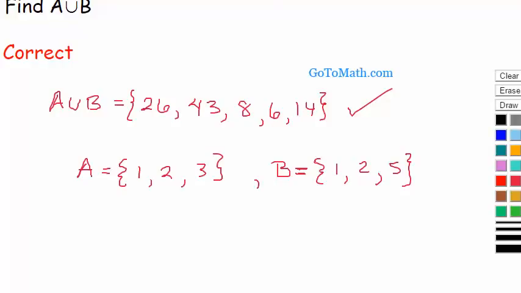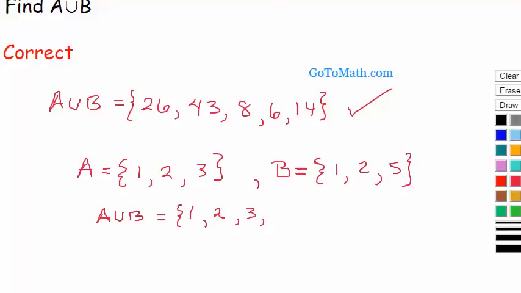Now what we don't write is, whoops, what happened here? What's going on? I don't know what happened. A union B is equal to, now what we don't write is repeating elements. We know there's a 1 in A and a 1 in B, but we just write it one time. We don't write 1 1 here. And then of course there's a 2 in both of them. We're not writing it twice, and there's a 3